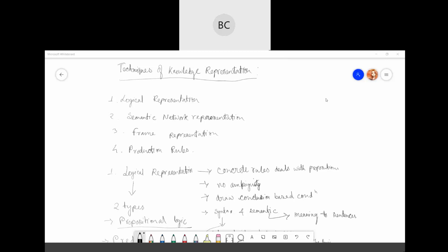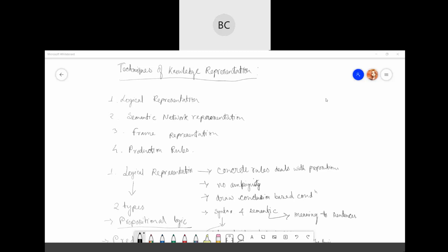Okay, so in last class, we mainly discussed the techniques of knowledge representation. I informed you that there are 4 techniques to build a knowledge representation system. First is logic representation, and it is all about logic. That means you find out which facts are true or false.